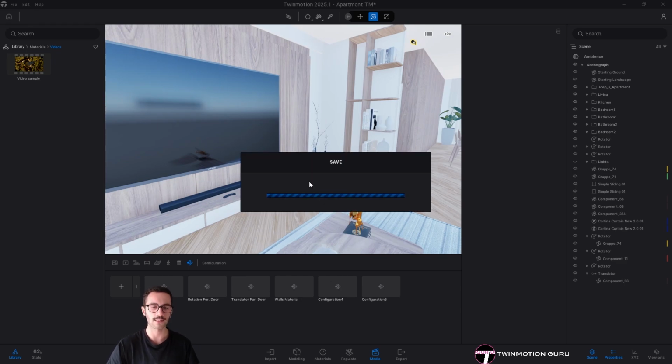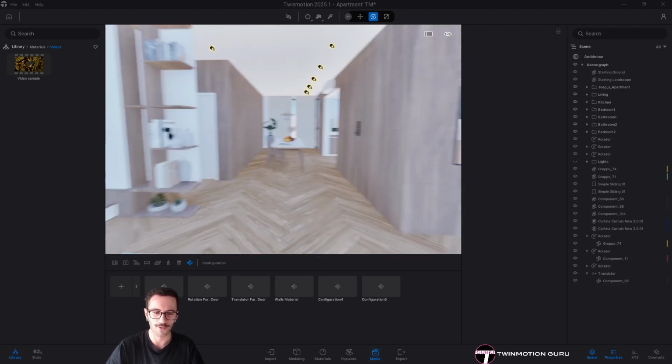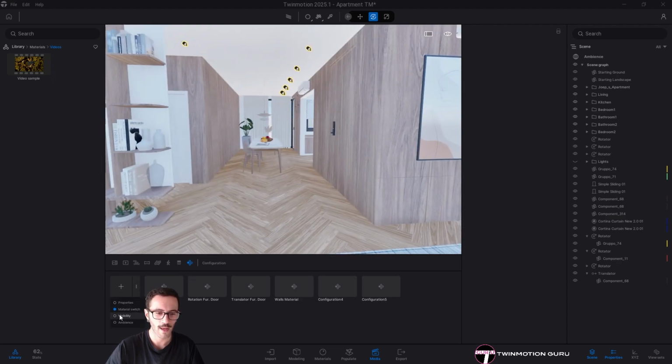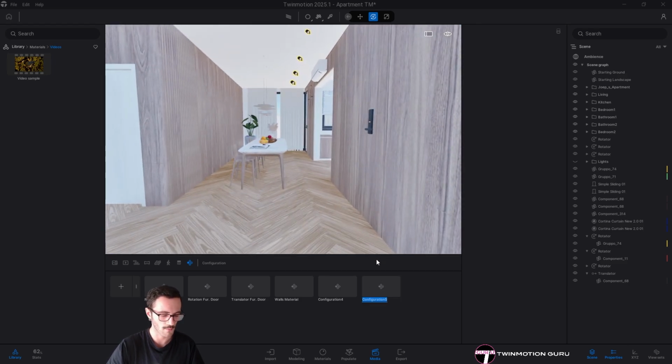Again, I'm saving the scene because I don't want to lose all the work I've done with these new configurators, and let's proceed, because from here we have the visibility configurator, and it allows me to, let me just rename it TV on off.